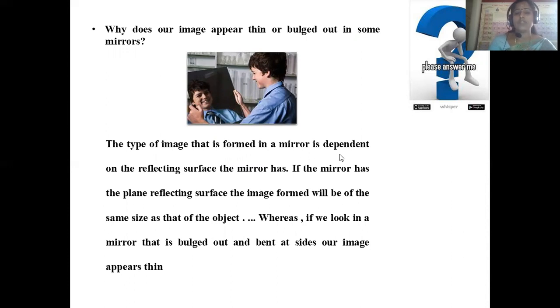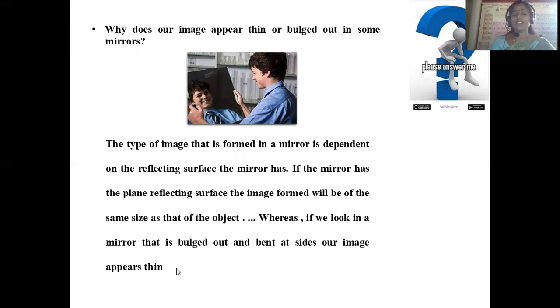The type of image that is formed in the mirror depends upon the reflecting surface. If you are taking a plane mirror, whatever your image is, the same will appear there. So in the case of a plane mirror, you will observe an exact image of you. But it will be the mirror image, which is opposite in direction. If the mirror has a plane reflecting surface, the image formed will be the same size as the object we are taking. Whereas if we look in a mirror that is bulged or bent, or has curvature, the face appears